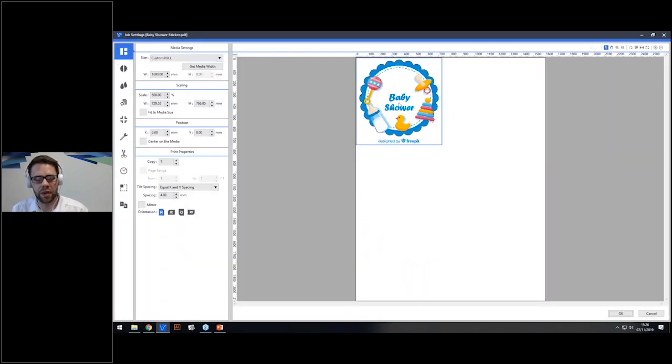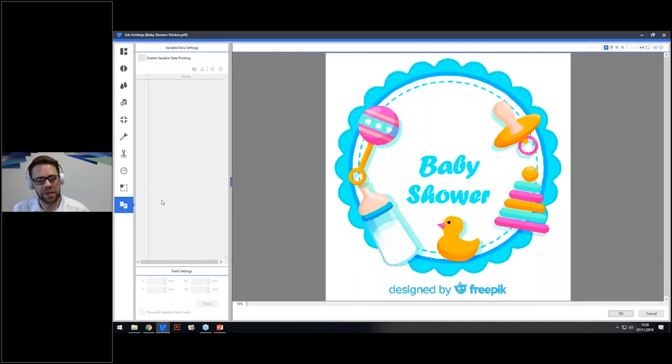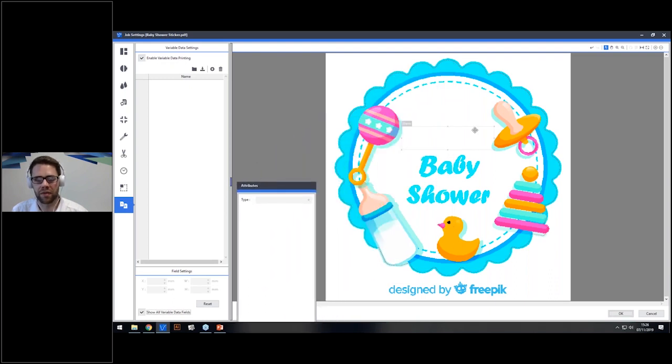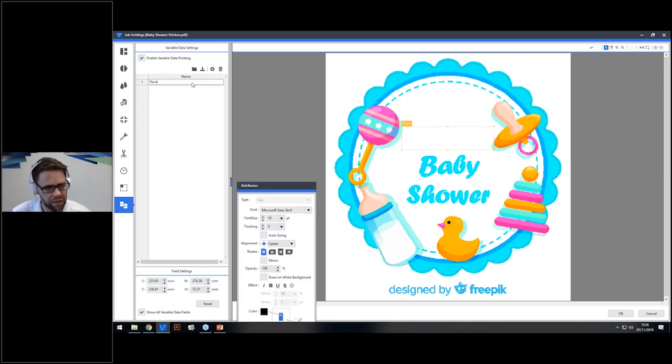Okay, so at the moment you can see in here where the variable data part would be, there's nothing showing. So same principle, we go down to the variable data tab, click enable variable data printing and show all variable data fields. Can then see that our variable data field appears just down here. And then we can start to fill that using the plus button here. So we can do Dave, oh, put a little apostrophe S on there, Dave's,